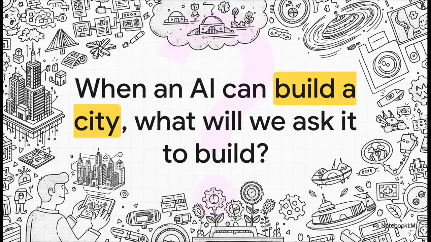So when you put it all together, the digital design, the robot orchestra, the real-time self-correction, this whole system is way more than just a new way to build. It's a massive paradigm shift. We're talking about a future where creating our physical world could become as fluid and as iterative as writing a piece of software. And that leaves us with one final, pretty mind-blowing question to ponder. When an AI can build a city with a single command, what will we even ask